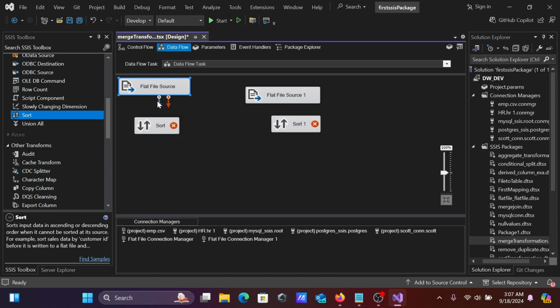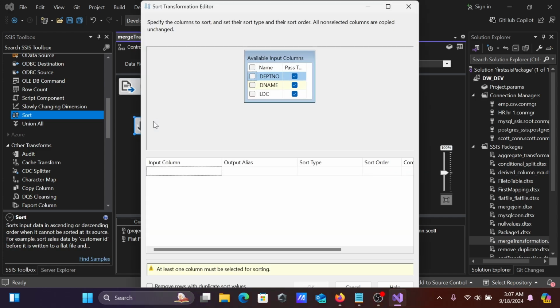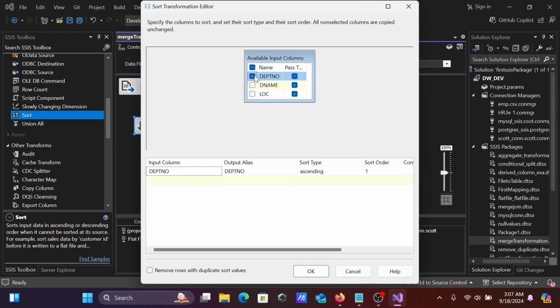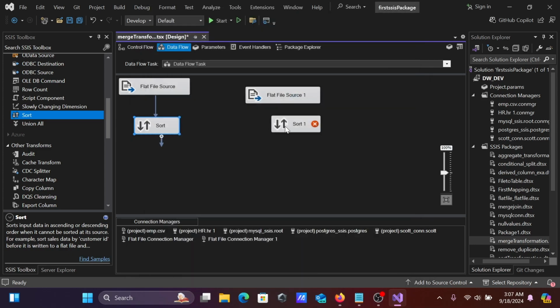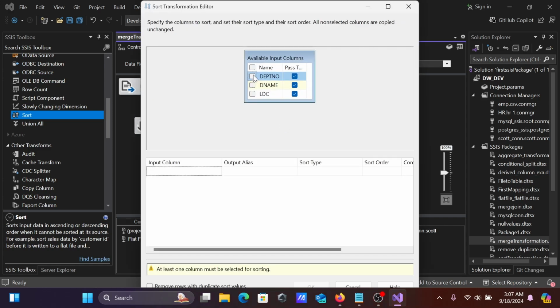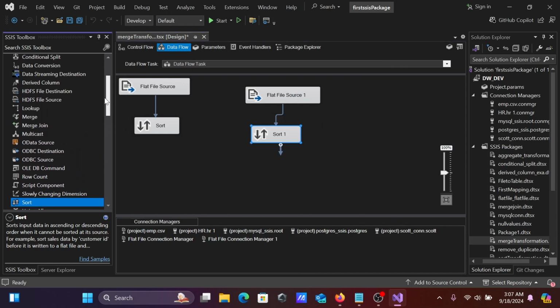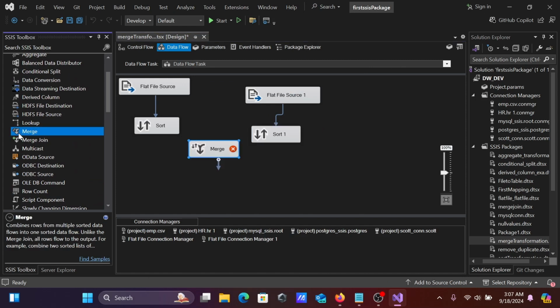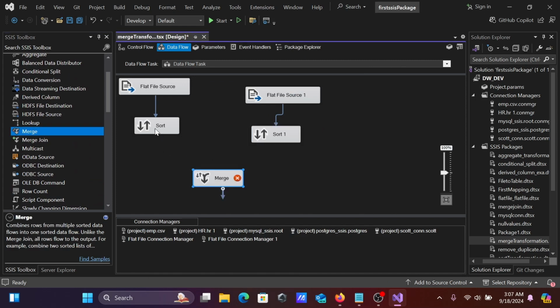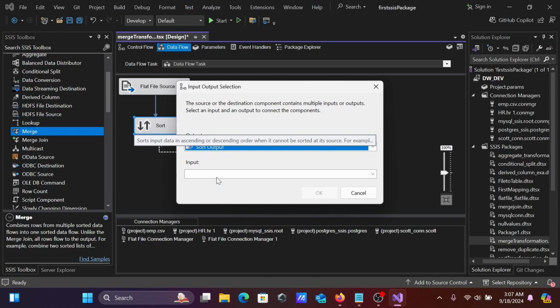Next, sorting on the duplicate number, in ascending order. If you want to remove the duplicates, then you can check that option. Now let's use the merge transformation, which you can use after sorting the records.